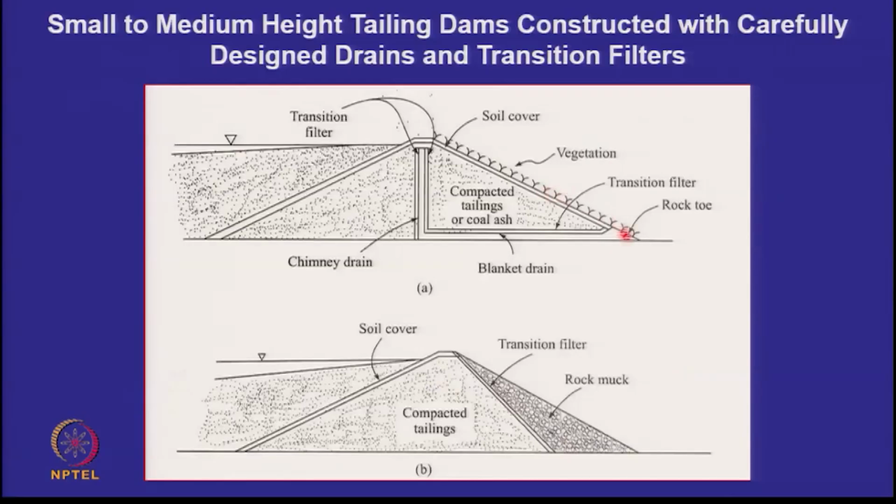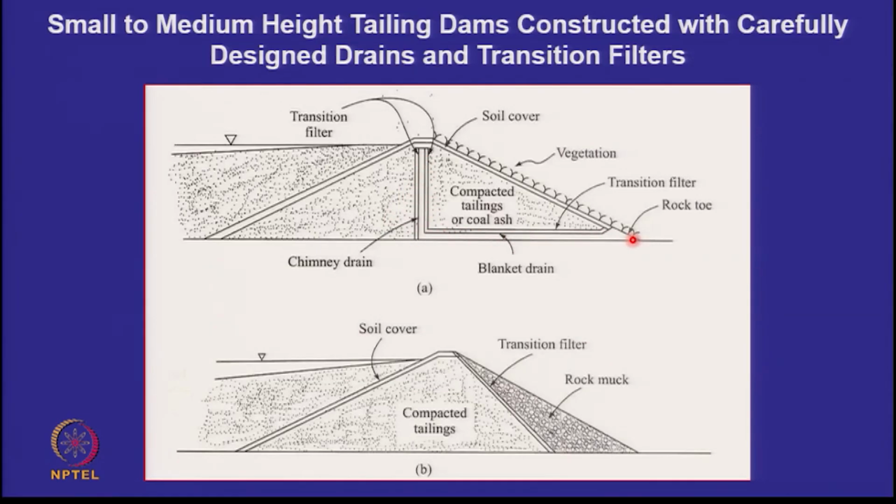Not only can we build road embankments, we can also build small dams and water retaining embankments for retaining tailings and coal ash. So we have extensively designed in this country, if I am not off, maybe 50 of such structures which have risen either by the upstream incremental method or the downstream incremental method to 50 meters and above, and they have performed very well. So you can use, again in the middle of the embankment, either compacted tailings or coal ash, but very important are these drains.